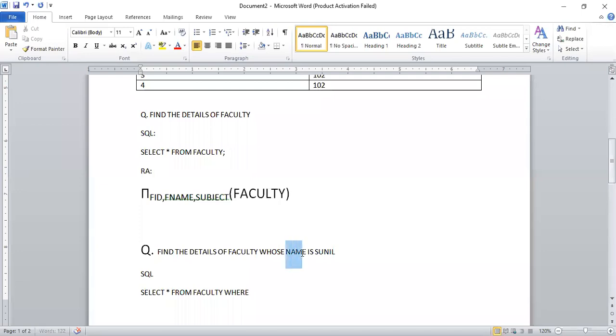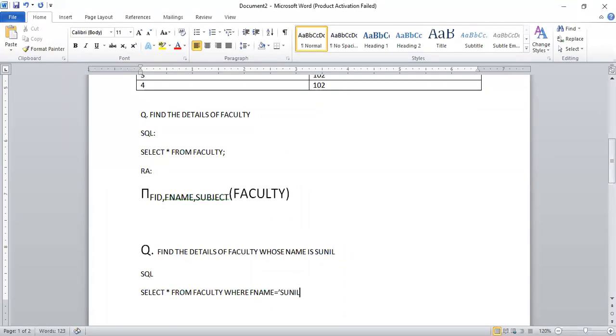The question is about the name. So where F name, or faculty name? It is faculty name. In here there is only one table, so why write faculty dot name? Simply write the attribute name: where F name equal to Sunil.